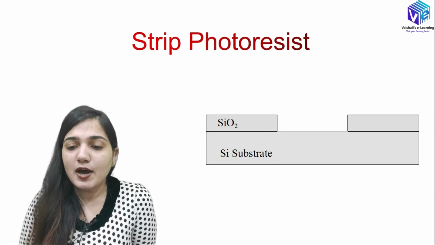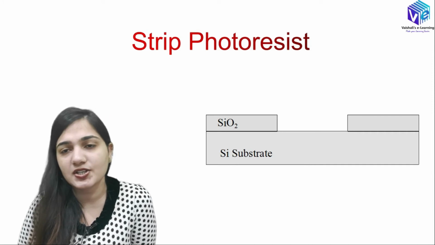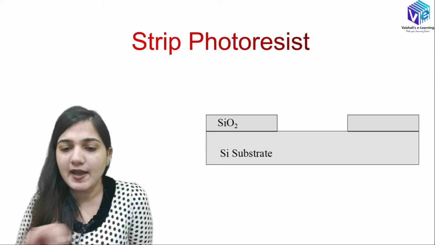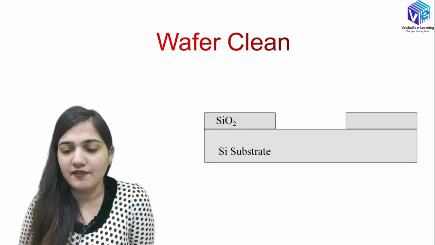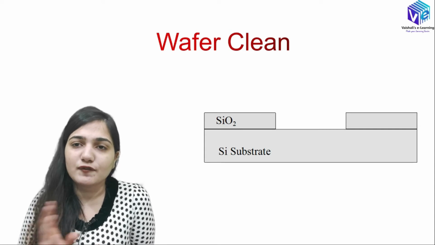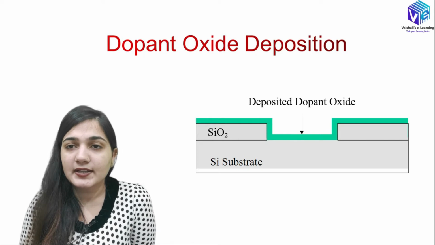Now after that we will be stripping off the photoresist because it can hinder and cause contamination in the upcoming steps. I don't want the contamination, so I am removing the photoresist layer. After that I will be doing the wafer cleaning so that all of the particles of the photoresist are removed. After that I am making the cap oxidation layer, that is the dopant oxide deposition layer,